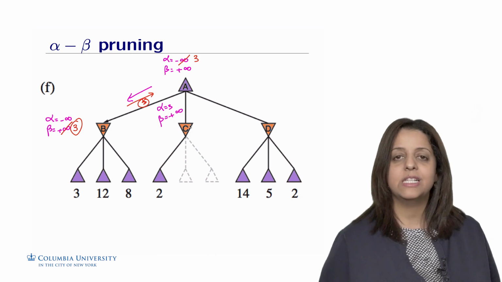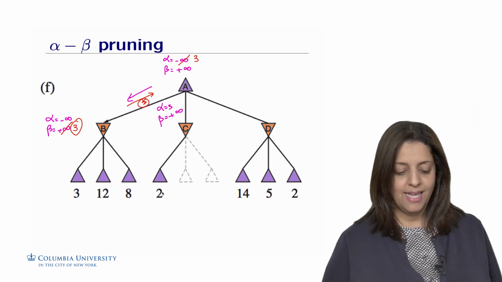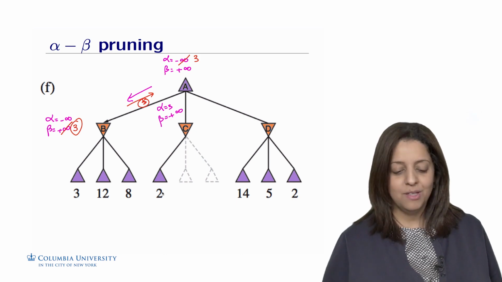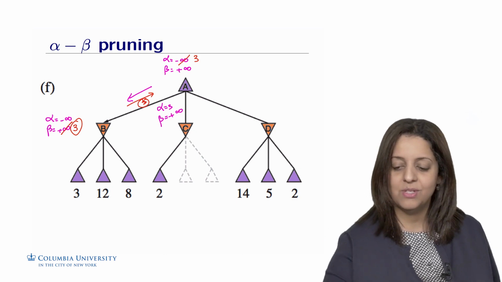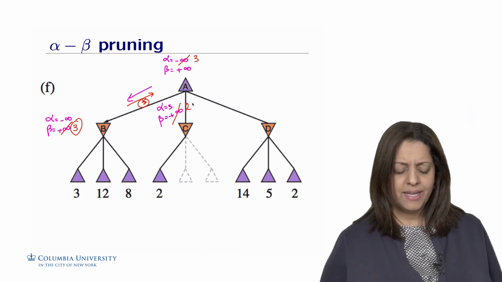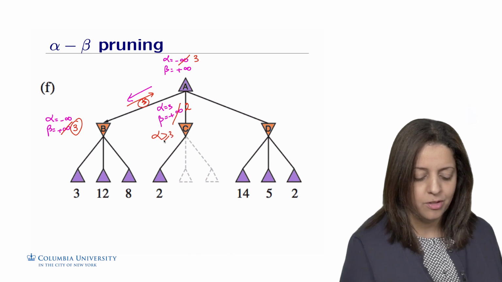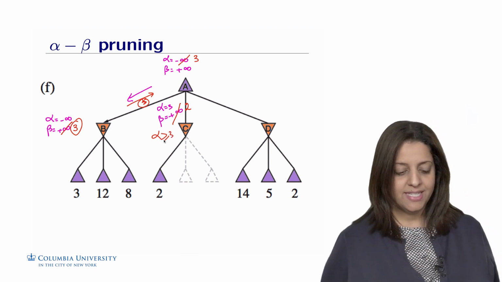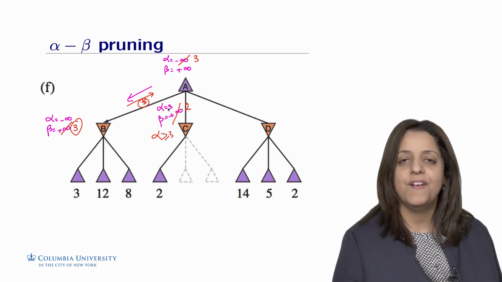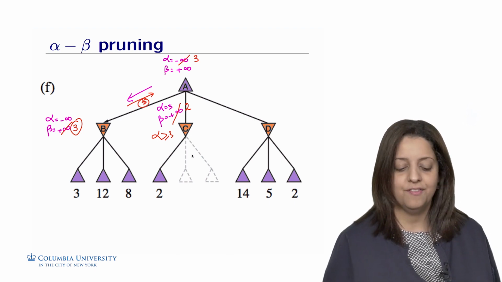Then the min will start exploring its children. The children are starting with 2, so B will say, okay, I found a smaller value than +infinity, so I'm going to change my beta to 2. Which makes, in this case, alpha bigger or equal than 3, the alpha beta crossed,